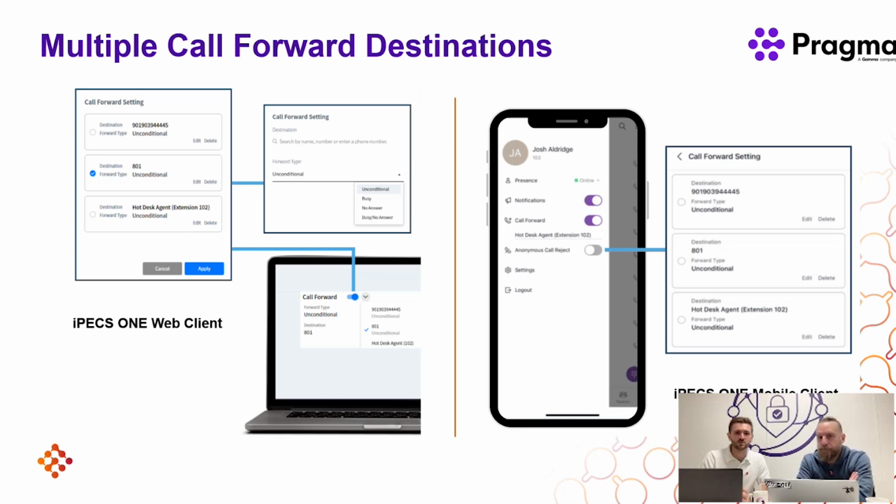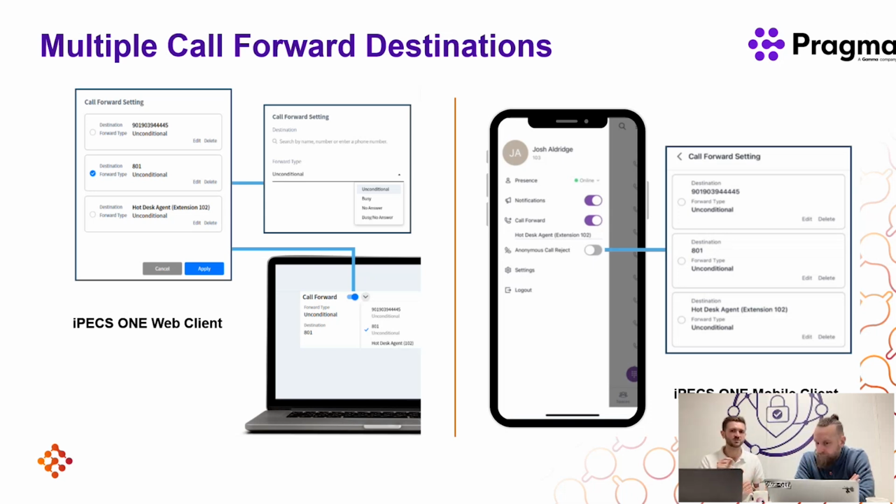Yeah, I like this personally. This would be something that I would use quite often from now on. At the moment, we've got the ability to forward a call to one destination, but my problem with that would be if I'm out of the office, I'd forward it to a voicemail, and then if I'm in a meeting, I'd need to change it to one of the other guys in the sales team, and I'm always altering between those destinations. Whereas now, as you can see, we've got up to 3 call forward destinations, so they can be preset. So I could have a voicemail, maybe another colleague or someone else in the team.